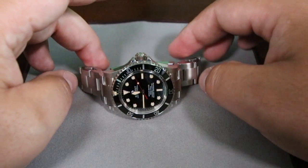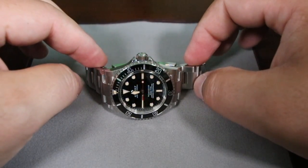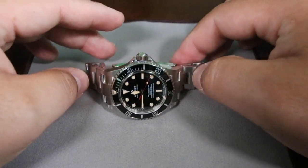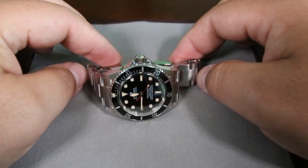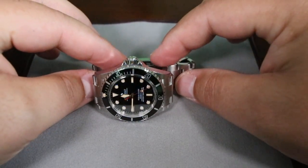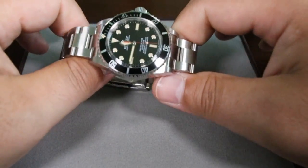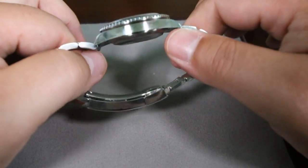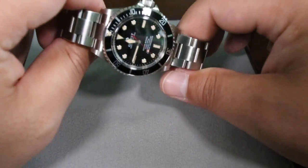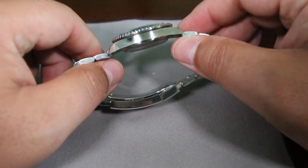I know other manufacturers... now, not knocking Steinhardt, guys. I've never had a watch from Steinhardt, and I've heard good things about their customer service, so not knocking them, but just the quality service of the customer service of Ginault. And just the quality. When you hold this thing in your hand, it's substantial, and as a big guy, feeling this and knowing it's on my wrist,